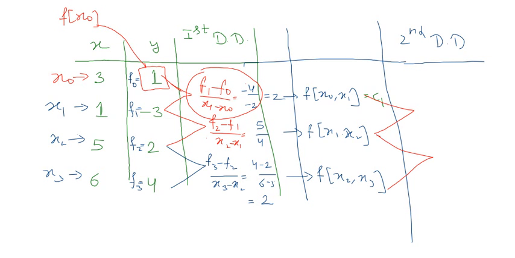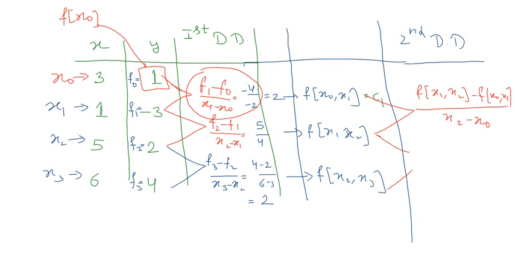The second divided difference is f of x1 comma x2 minus f of x0 comma x1, divided by x2 minus x0, and for the next case, f of x2 comma x3